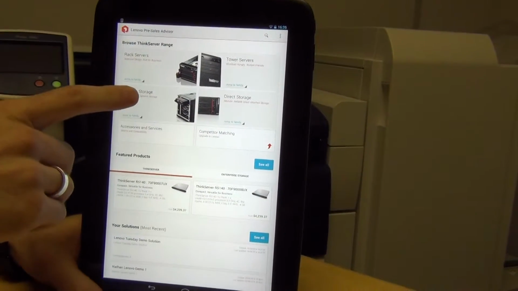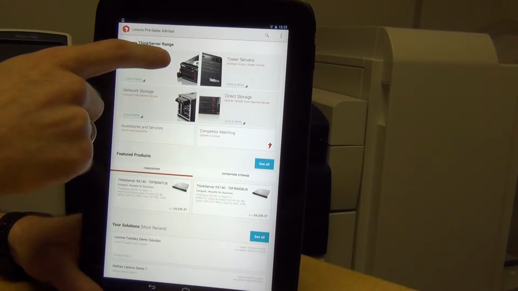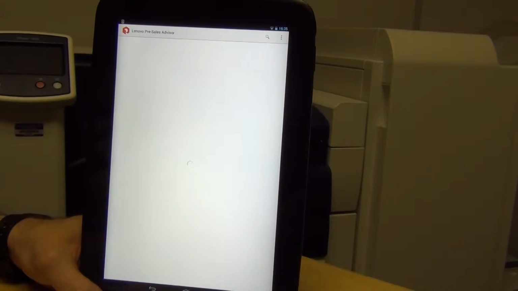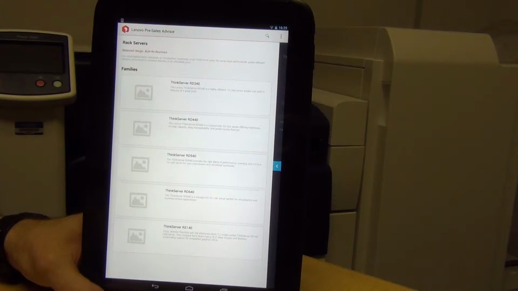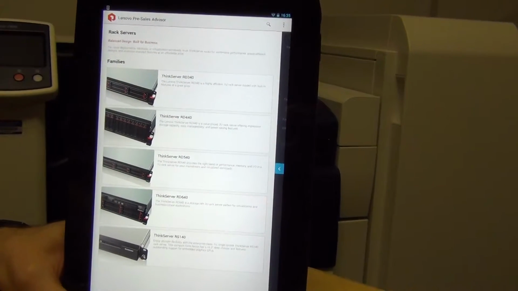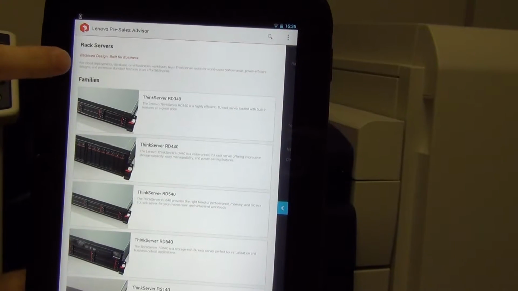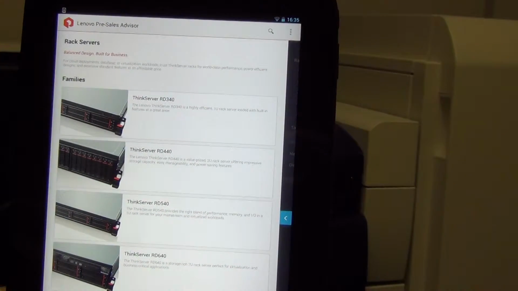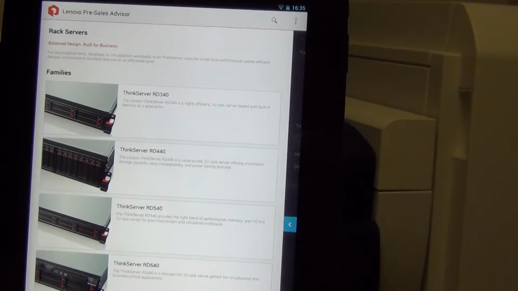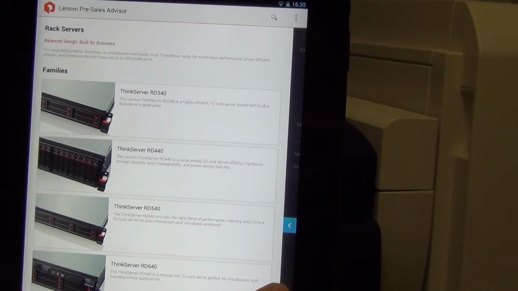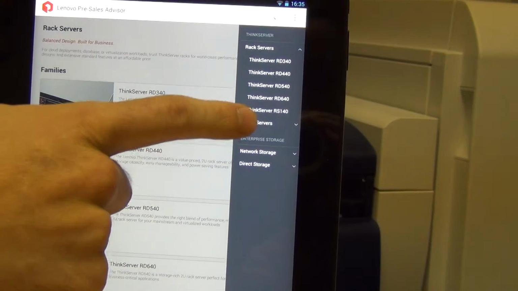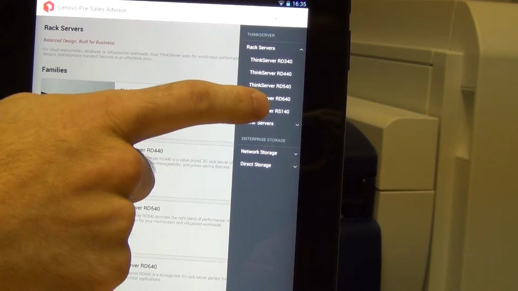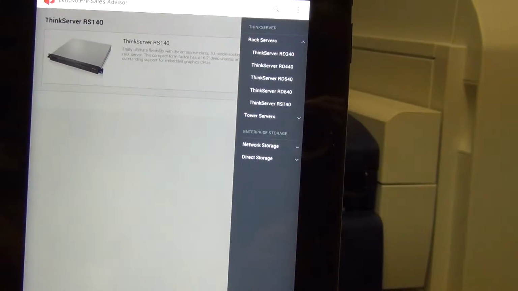So the first page I'll go into is the Browse Families and Models page. If I tap on rack servers, this navigates to the Browse page with rack servers pre-selected. This gives some information about the rack servers group and also the list of families within this group. And if I open up the filter pane from the right, like so, you can also tap on a particular family within this list. So if I tap on the RS140,